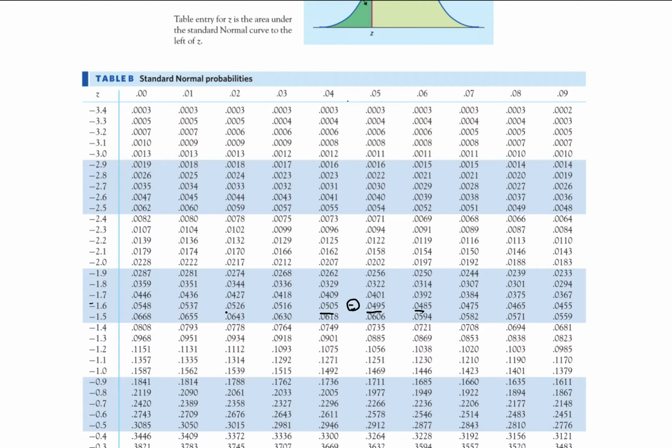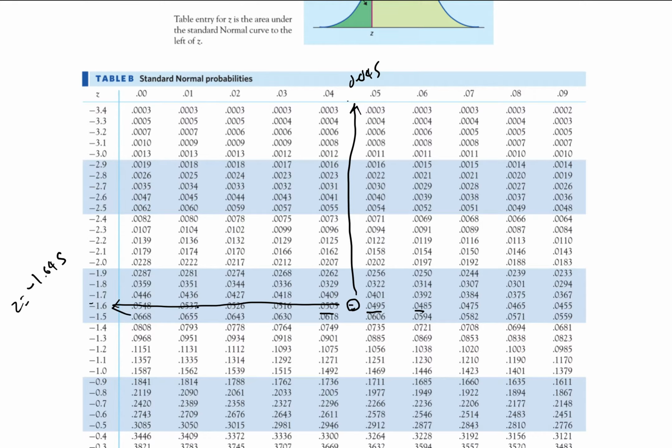So z will be somewhere here. We know the corresponding coarse value, and this is the additional fine value, right? So this is 0.045, this is 1.6, so our z in this case is negative